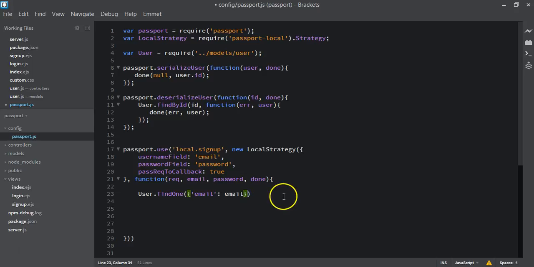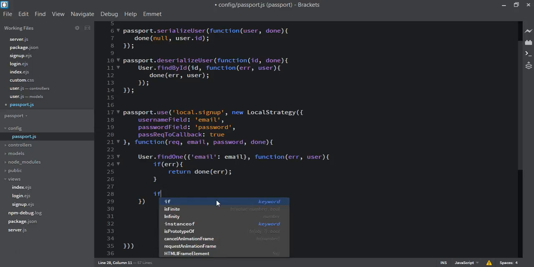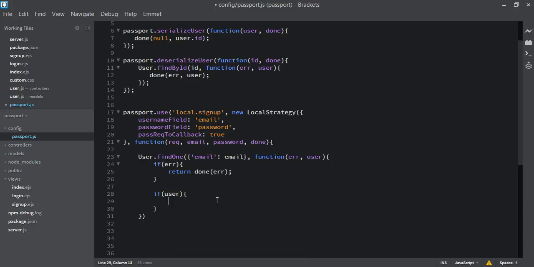Then the next thing we pass in is a callback function. Inside the callback function we pass error and user. So if there's an error, we return done with error. That is if there's an error. But if the user data already exists, that is when the user is signing up and the email already exists, because it's going to check if the email exists and return a result. So if the result exists, that is if user, we're going to say return done,